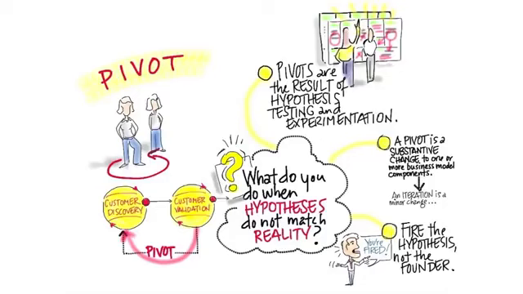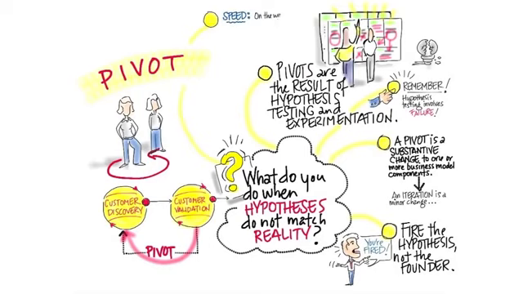By the way, an iteration is a minor change to one or more of the business model components. So, for example, an iteration would be going from charging $9.99 to $6.99. A pivot would be a change of, gee, our pricing is going from freemium to subscription. That's a substantive change. So the key idea here is a pivot allows you to get out and make changes. Remember, typically only the founders could do pivots, but it is actually the heart of what makes customer development radically different than what's come before.